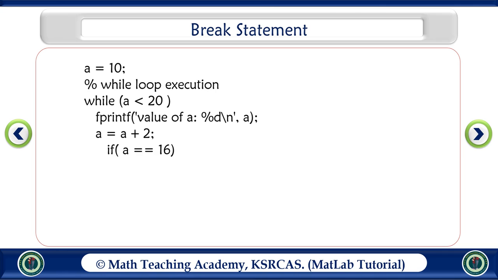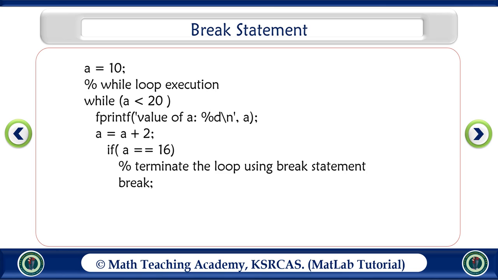And then if a equals 16, what this command will do is the value of a is compared with 16. If a equals 16, then the command following the if statement is executed. Otherwise, the control will transfer to the outside of the if command. So break semicolon. If a gets the value 16, then the statement next to the if statement is executed. The statement next to the if statement is break. That is why the loop is terminated here when the break statement is executed.